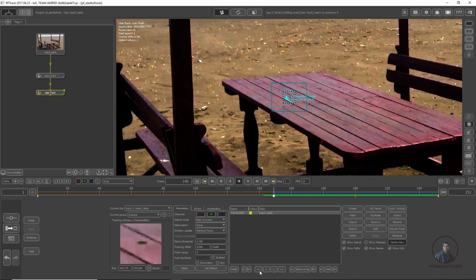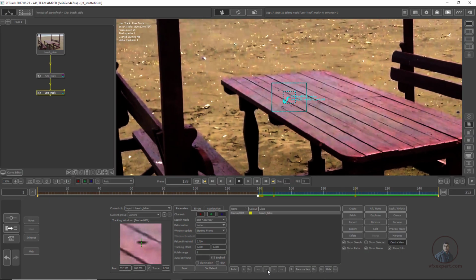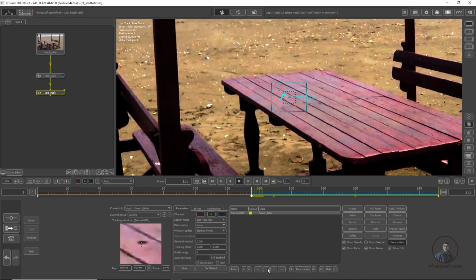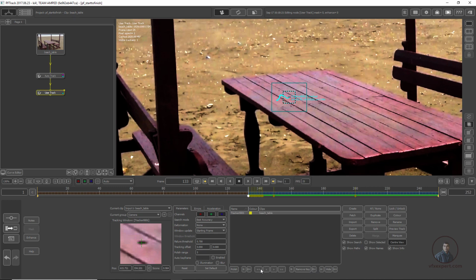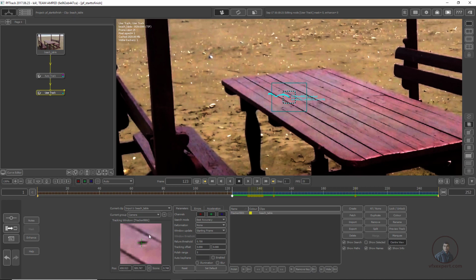Okay, so I am going to track again here. Now if you want, you can track your point frame by frame. After some points, again simply click here, then check here, maybe some point by frame.